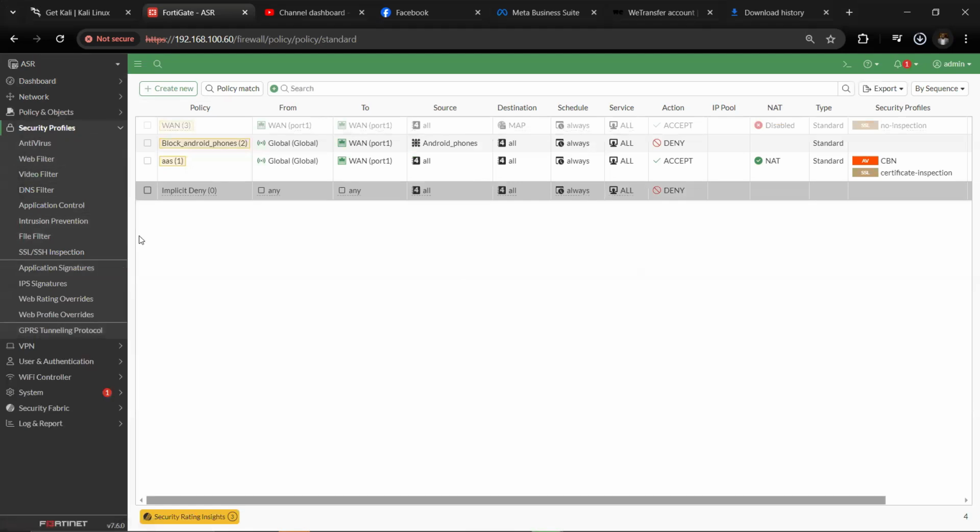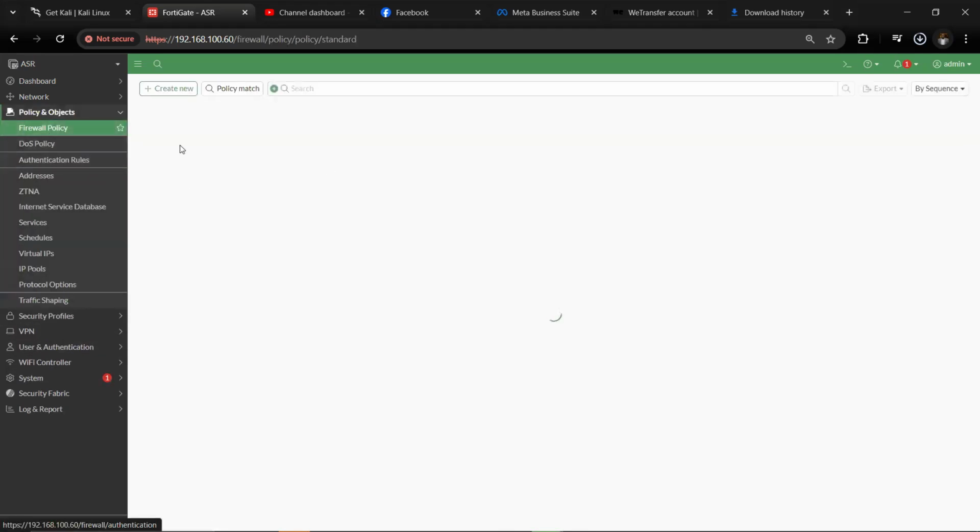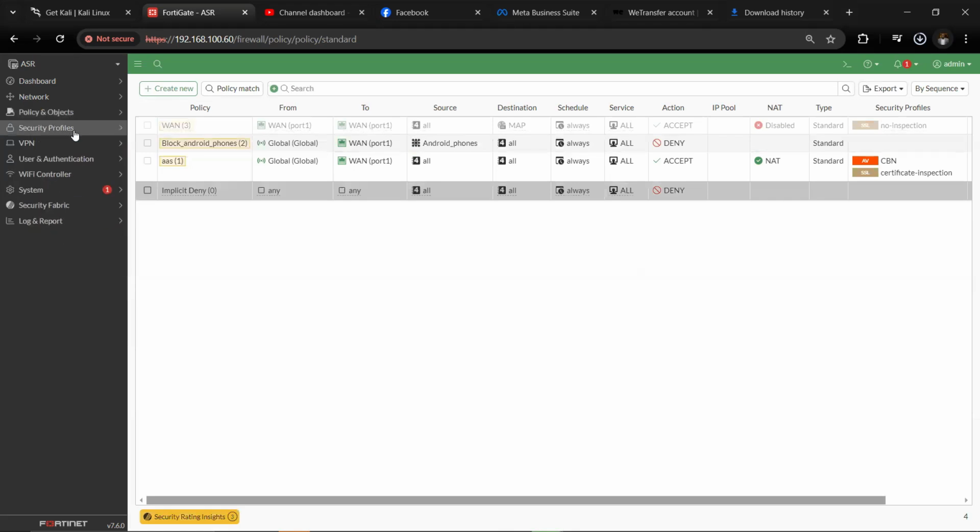So the approach here is using profile-based mode, which means that you need to build your security profiles first before applying them to the policies. So one of the things we want to do now is to build our web filtering profile